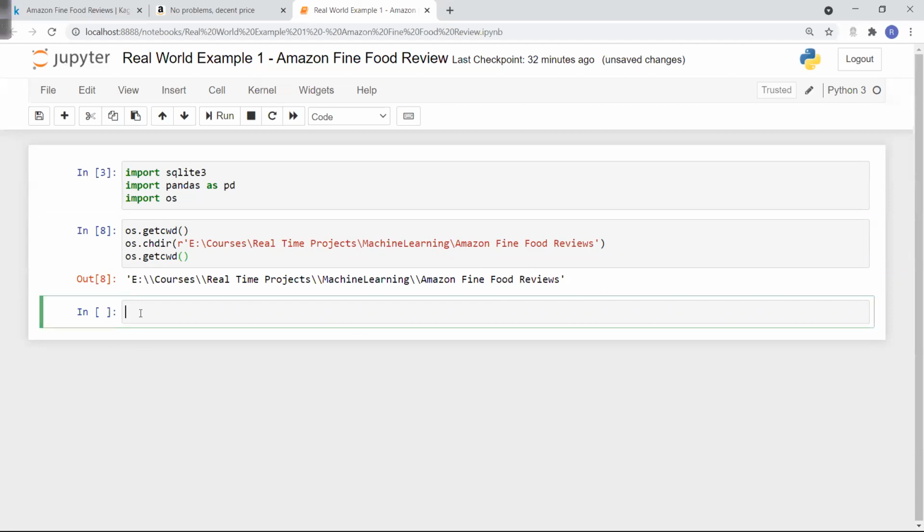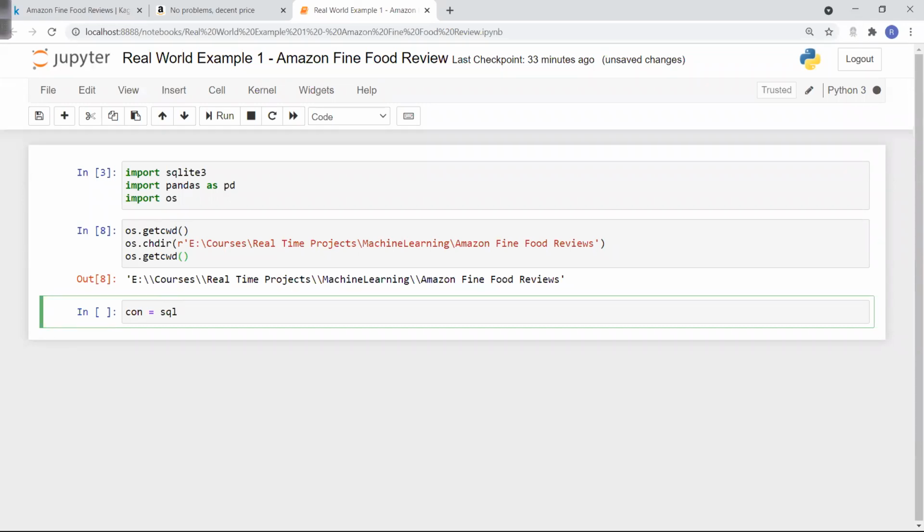Now what I will do is open up a connection which will help me read the data from the local machine, the SQLite file, and import that in this current instance of Jupyter Notebook. And mind you, whatever we are running here is RAM specific. If I close this instance, everything is gone. Everything runs on the RAM.